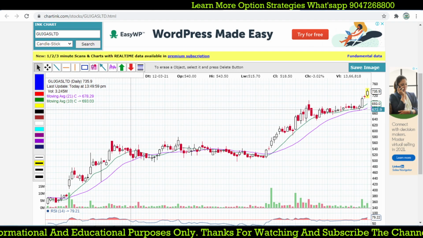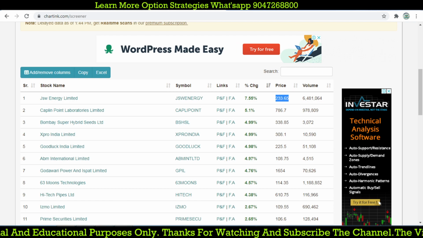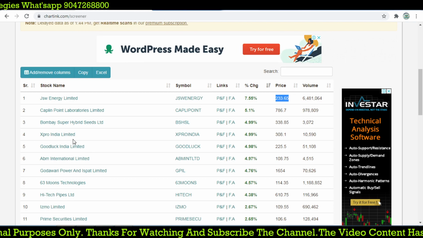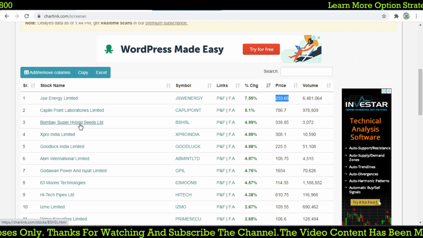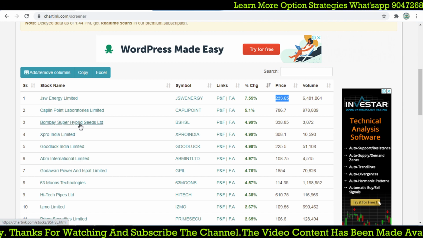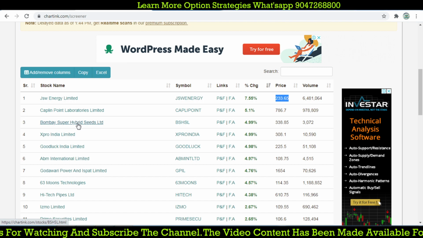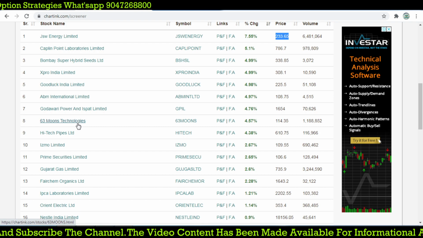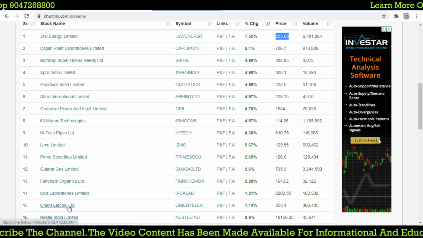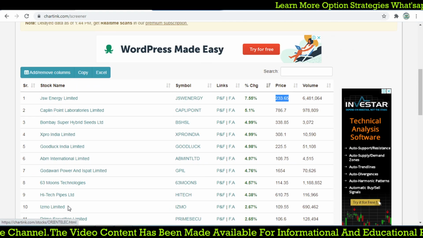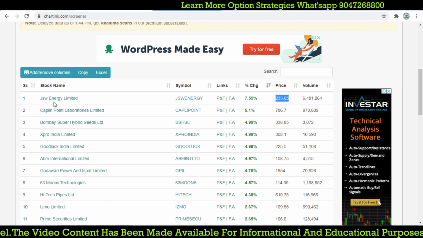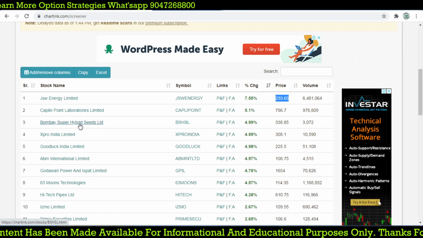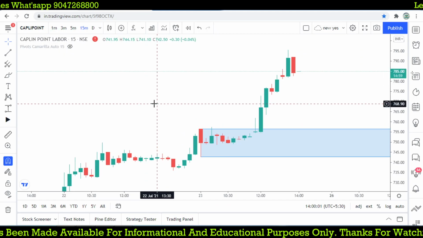And again, just close that. Here is Bombay Super Hybrid. So if you want to do the trade, you should focus on stocks you are familiar with. Some stocks we may not know by name, we don't identify the stocks unless we use the name. For example, JSW Energy we know, and Capillion Point also we know. Bombay Super Hybrid Seeds, let's check that. So those stocks,